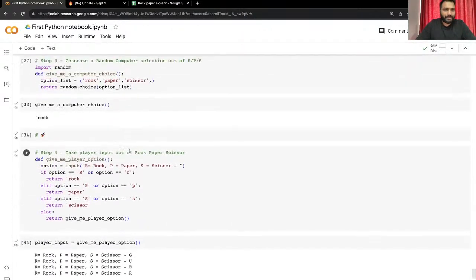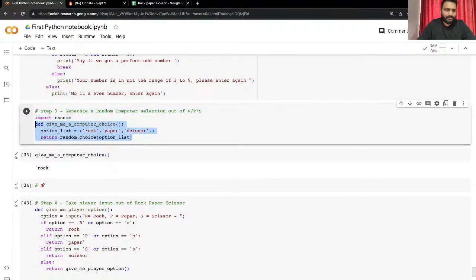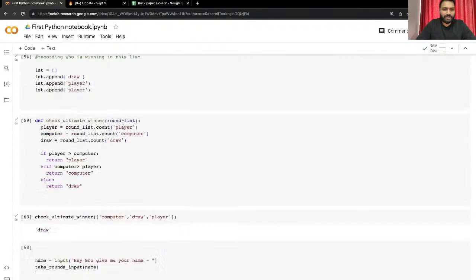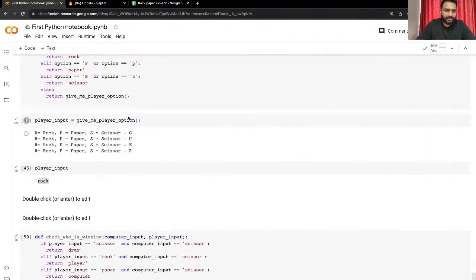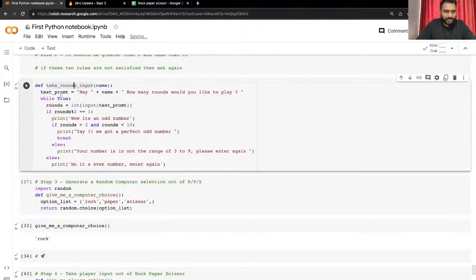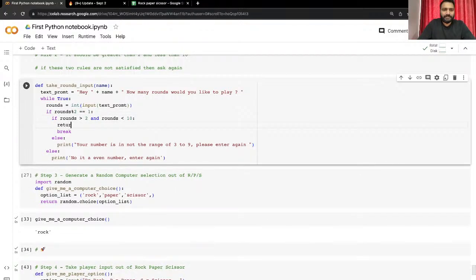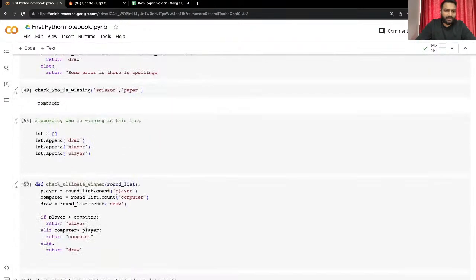Now what we have to do, there is something known as give me a computer random. Whatever number of rounds came, it should now, take rounds input should return something. This should return, where is that? This should return, we got a perfect round number. I'm removing all these prints, we don't need these. We don't need successful prints, we just need return here, return rounds. Done. Take rounds input